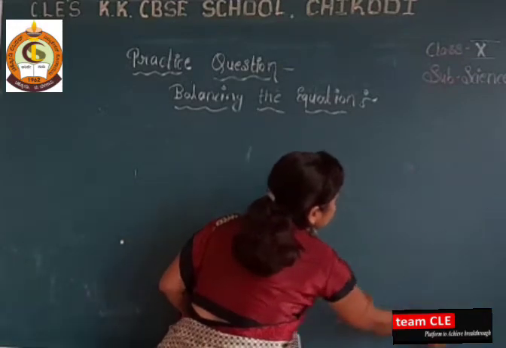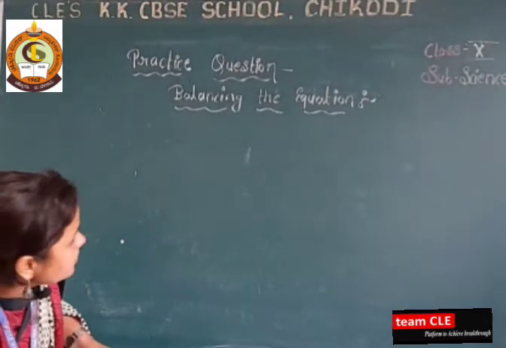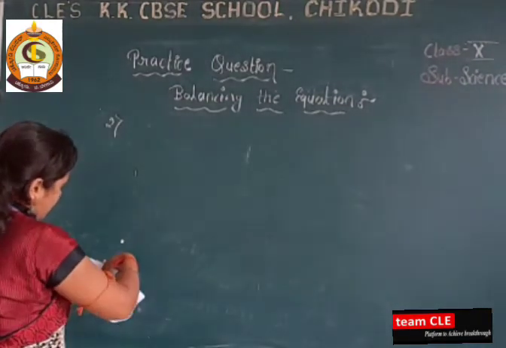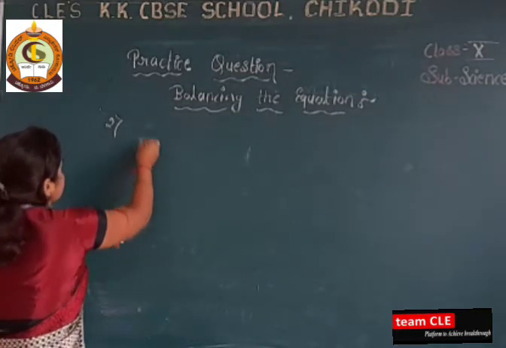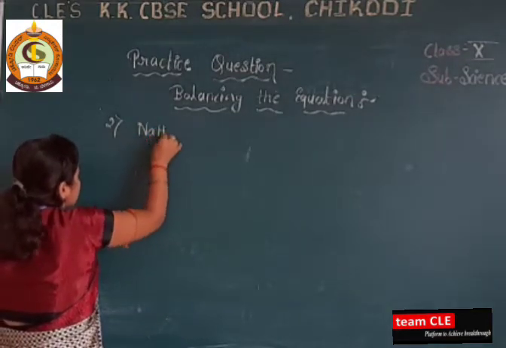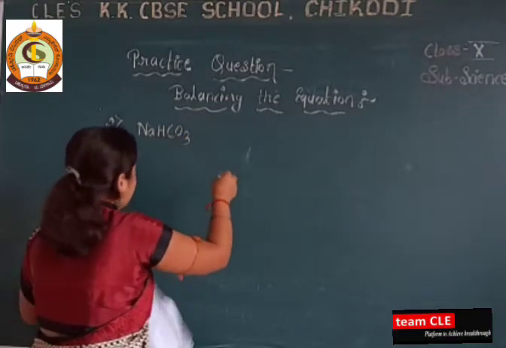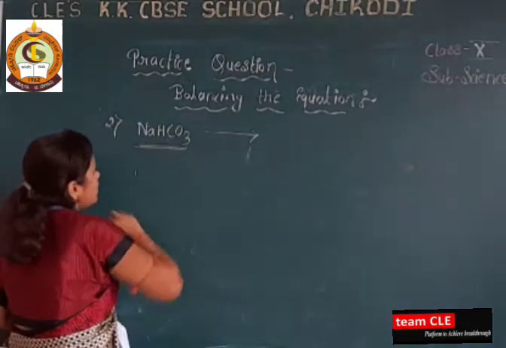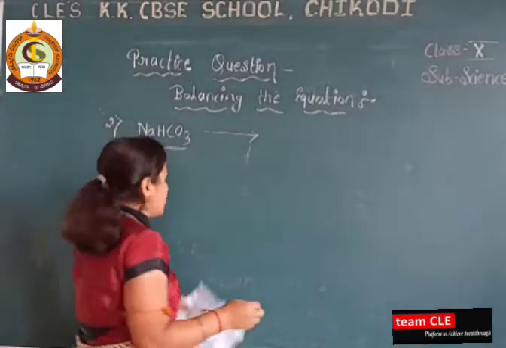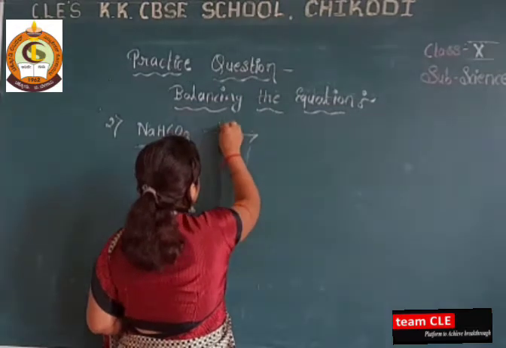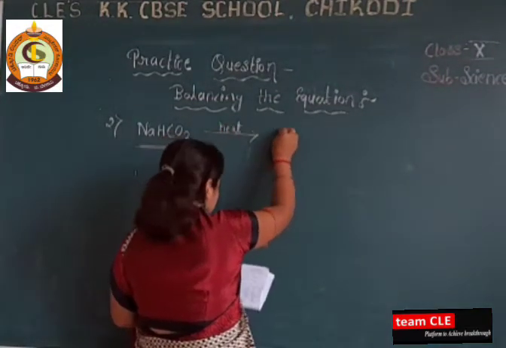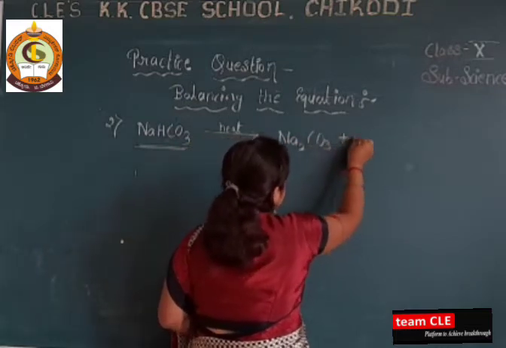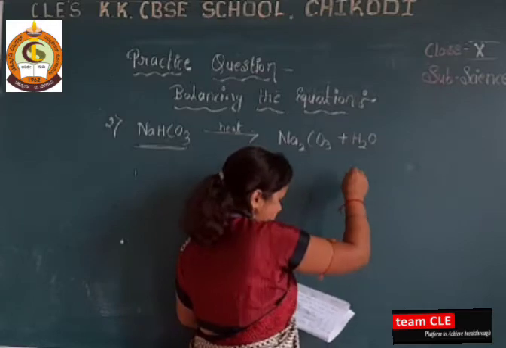Okay, so here we have a second question, that is NaHCO3. Can anybody recognize which compound it is? It is one of the salts. Okay, it is one of the salts. So after heating, what happened? You will get Na2CO3 plus H2O plus